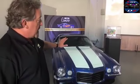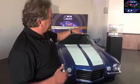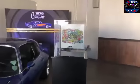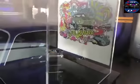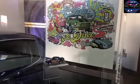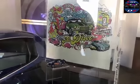But our performance team built this for SEMA as well. And if you were at SEMA a couple years ago, you saw both of these on the floor as part of another one we'll talk about on the 6th gen. If you look along the casements here, you'll see a tribute Hot Wheels to each generation. So if you look in the case here, you'll see not only a Gen 2 1970 Hot Wheels car that matches the car that we did for the SEMA show, but you also see in the background a caption of